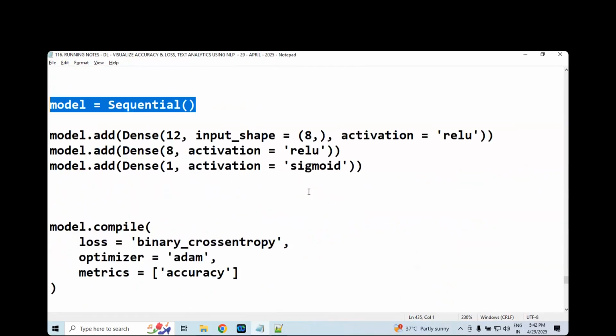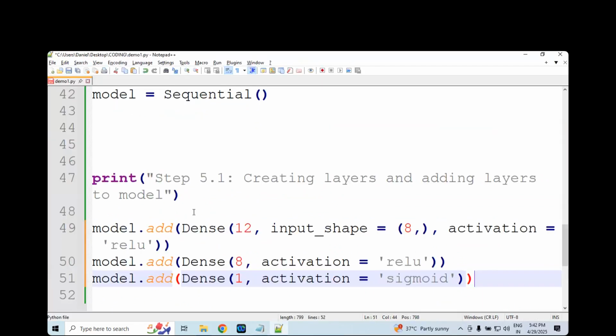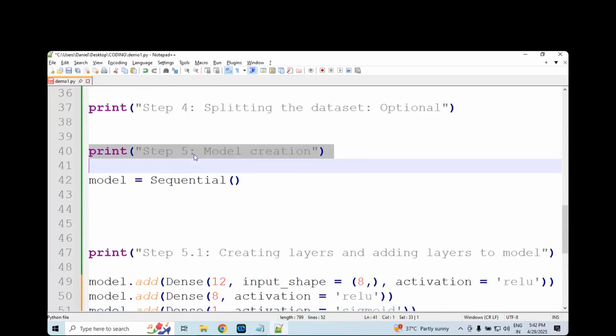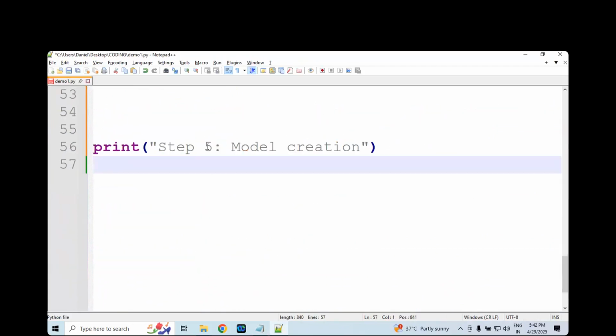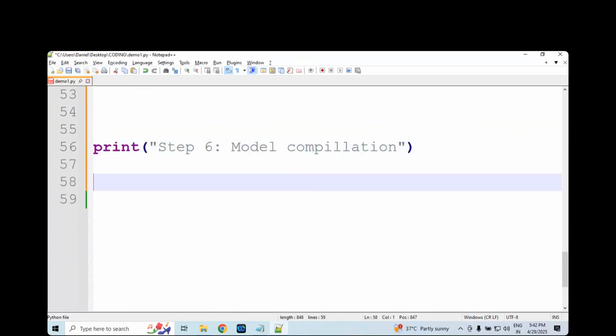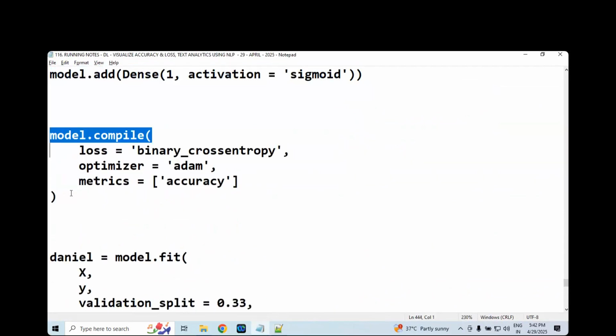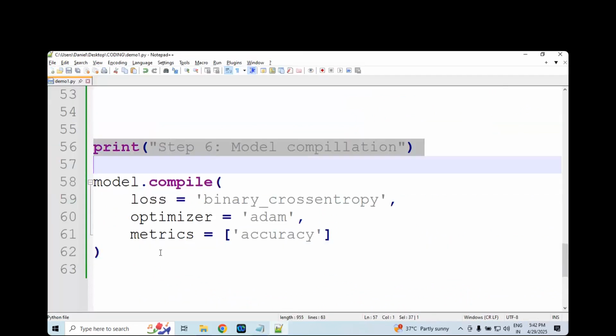That's what we have done, all of these. Next step, model compilation. Next step,